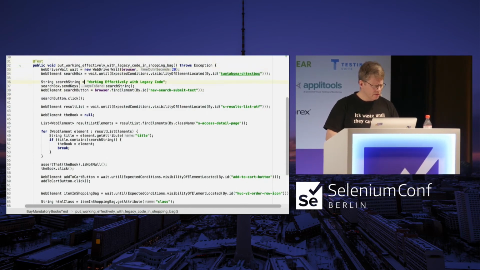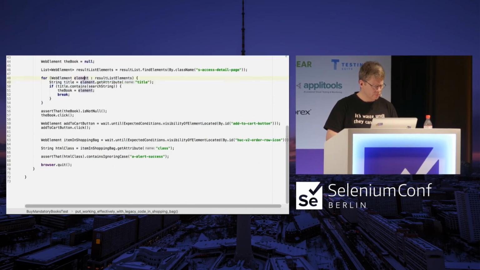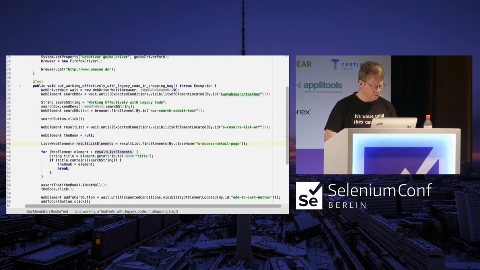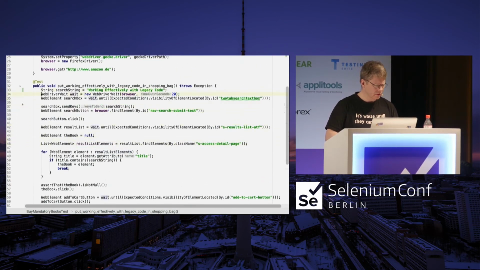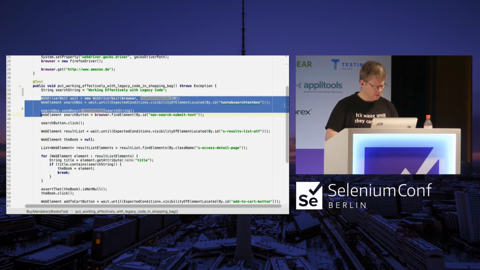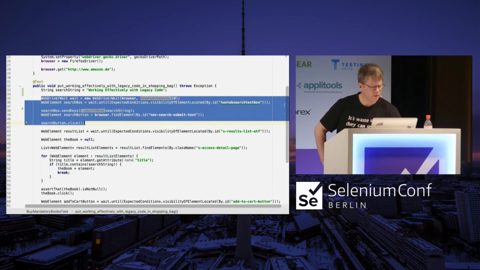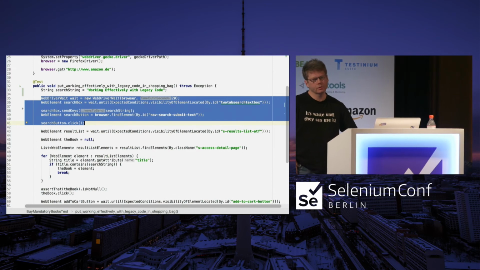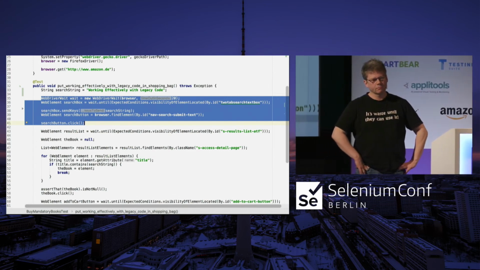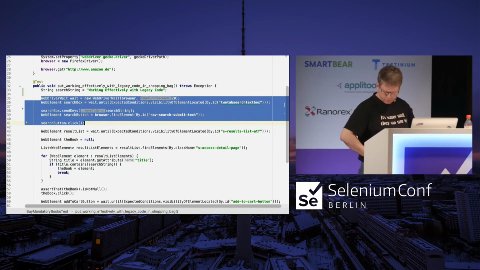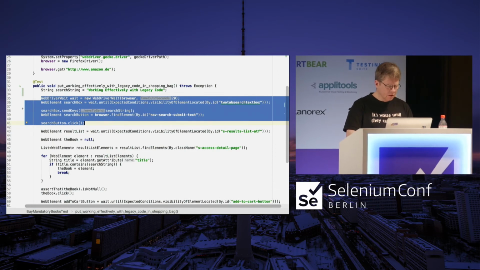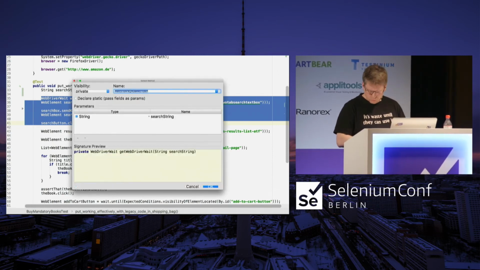And if I do that, and I make sure that I don't include this search string, but this instead, then I can have a method that will do the search, and that's it. That's better. So I'll extract the method.